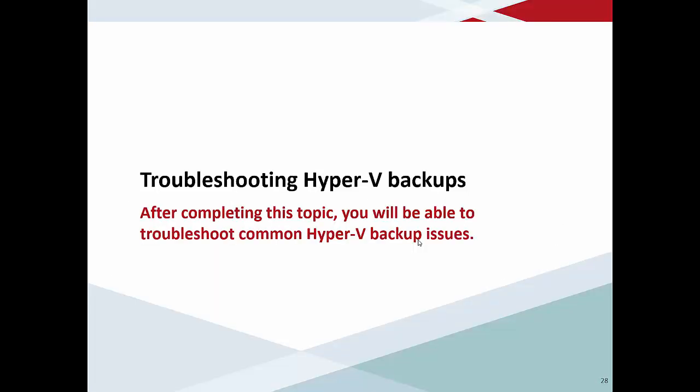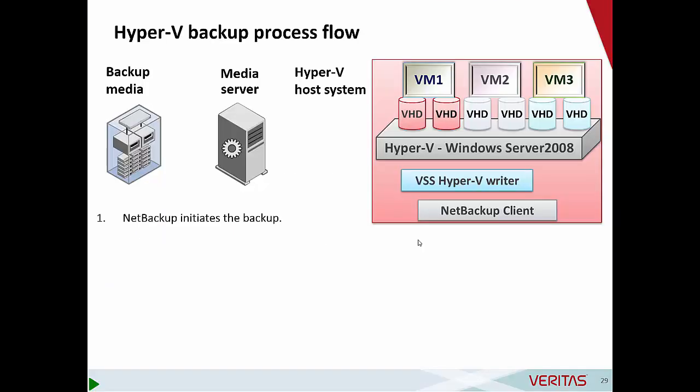In this next topic, we'll talk about troubleshooting Hyper-V backups. Here's an example of the process flow that's used during a Hyper-V backup. In many ways, Hyper-V is similar to VMware, but one of the important differences is that when we use VMware policies, we're always doing an off-host backup, where we have a backup host that's communicating with the ESX server. In Hyper-V, that's usually not the case. What we're doing instead is